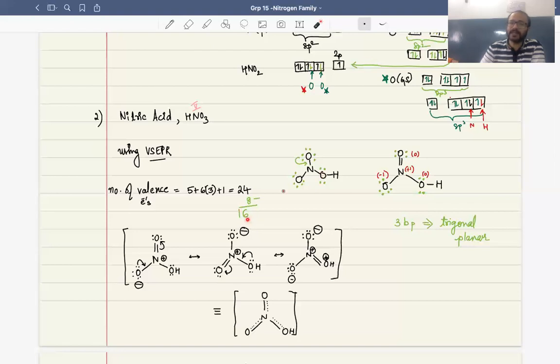Next step is arranging these 16 electrons as pairs of electrons on the other atoms. So we start with the oxygen atoms. So I arranged these 16 electrons as pairs around the oxygen atoms, and I almost completed the 16